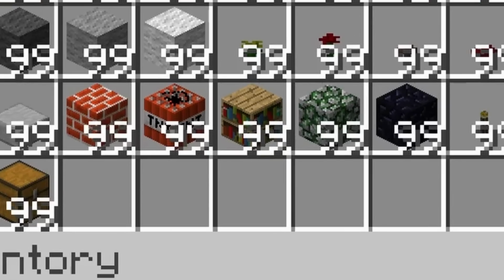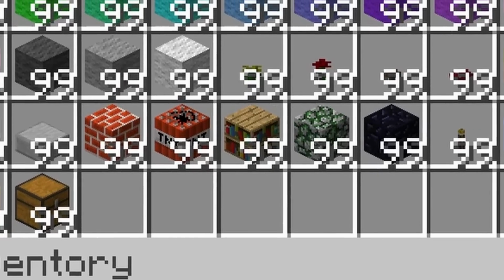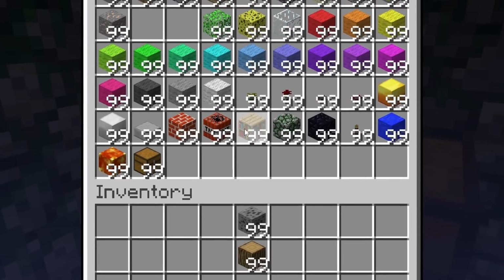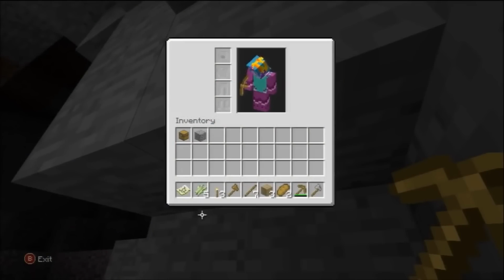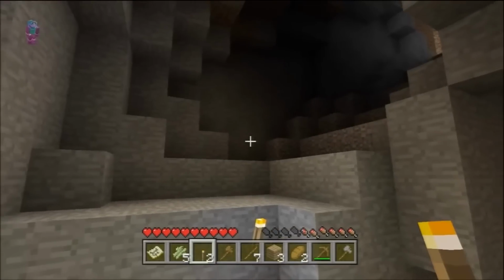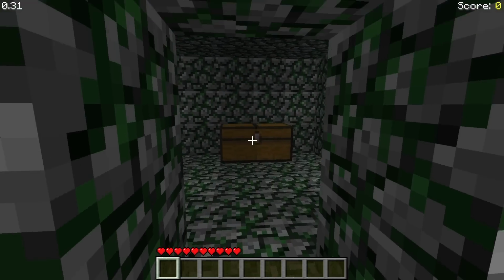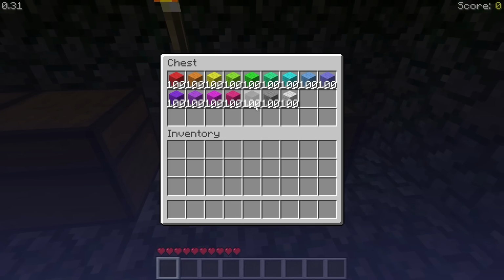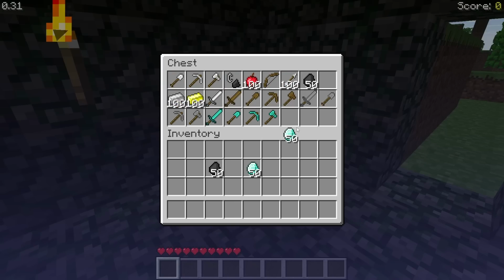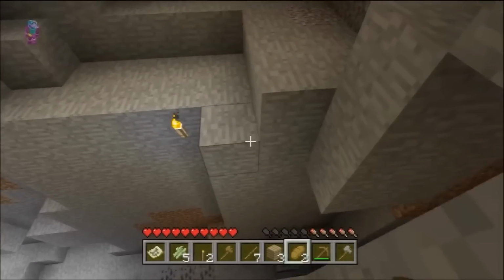And wait, 99 is the max stack from back then? Yes, you are seeing that correctly. There was 99 of every block in the game, and so although the idea of giving players a full stack of all blocks is very alien to modern day Minecraft, the other alien thing is the fact that they did stack up to 99. What's really funny to me is they did later update this, but the stack size was changed to be 100 alongside adding coal, diamond, iron ingots, and gold ingots, and so this was a very early time for Minecraft, long before